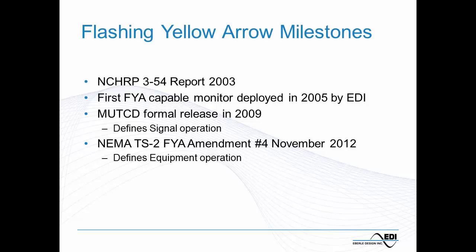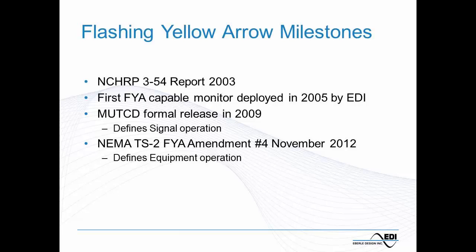That opened the door for, now that we know how flashing yellow arrow is to look to the motorist and operate at the intersection, NEMA got together and started work on adding to the NEMA equipment standard some detail on how controllers were to implement this,